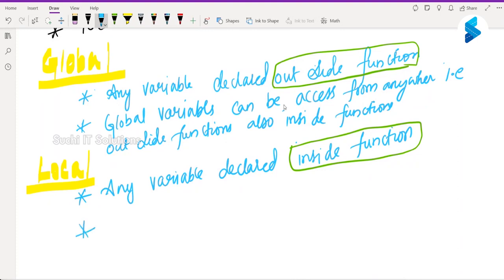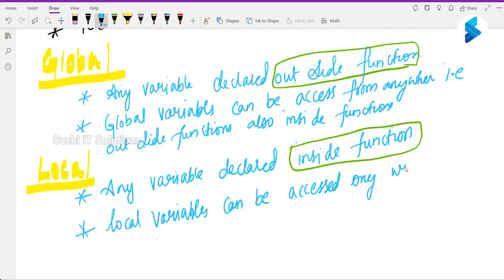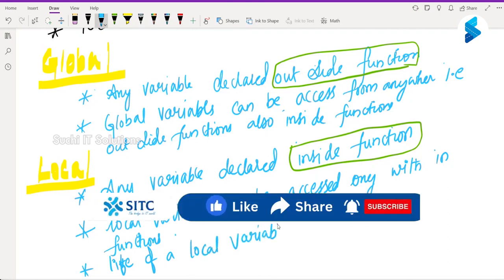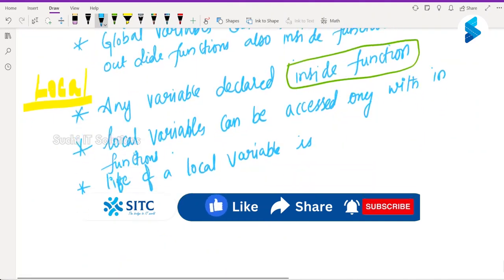So global variables can be accessed from anywhere, that is, outside functions and also inside functions. But local variables can be accessed only within functions. Now, the life of a local variable is,